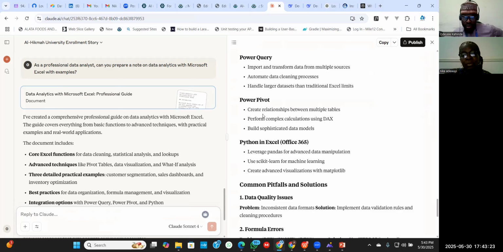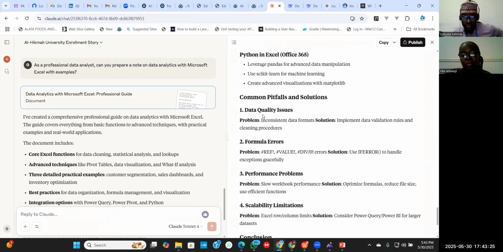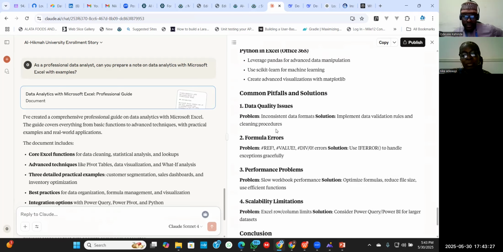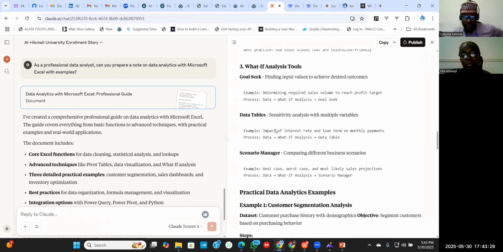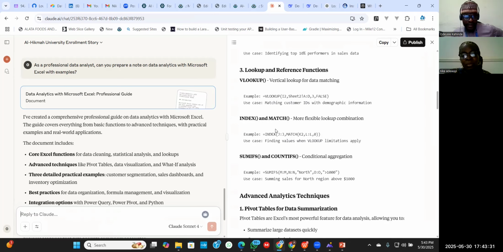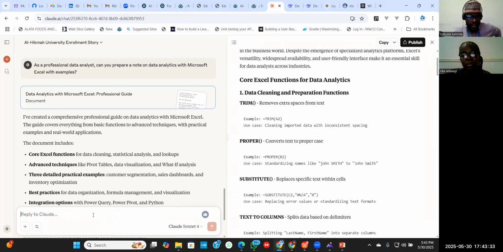So common pitfalls. So we can say, I need more techniques on data cleaning.